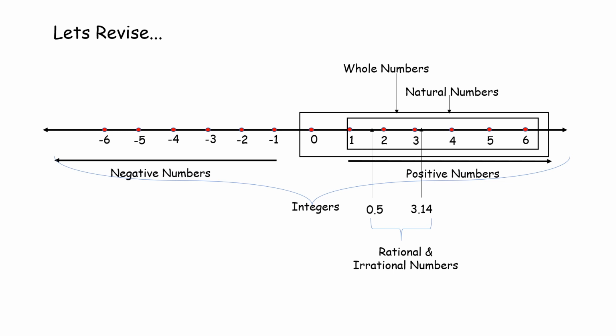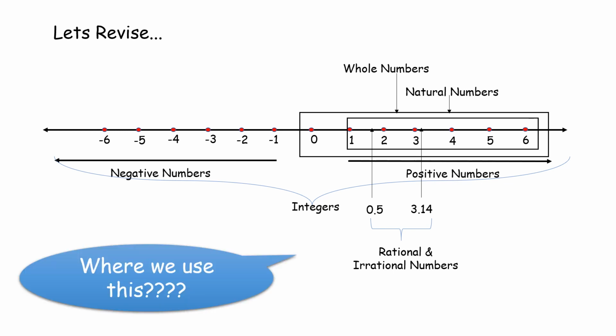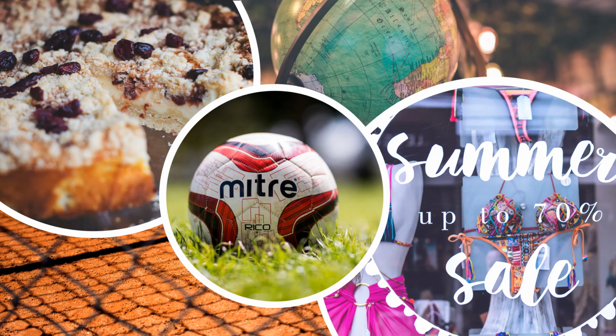And now again the same question, where will we use this? Oh, so colorful. Let's understand with this example where we use rational and irrational numbers. First, start with everyone's favorite, cake. Though it's your favorite, you cannot eat it fully, right? You divide it into pieces, which is not a complete number. It is either a rational or irrational part in case of that piece of cake.